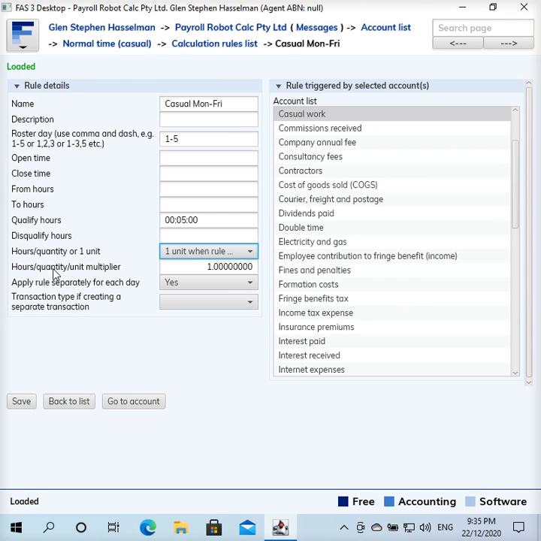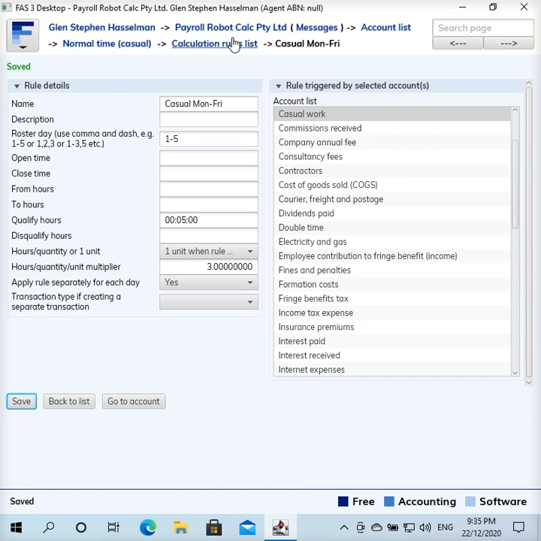The way to do that is we scale up the hours quantity unit multiplier to 3, and then the rule calculates 1 unit, but it gets then multiplied to 3. Okay, so that takes care of the first 3 hours of the employee's shift,